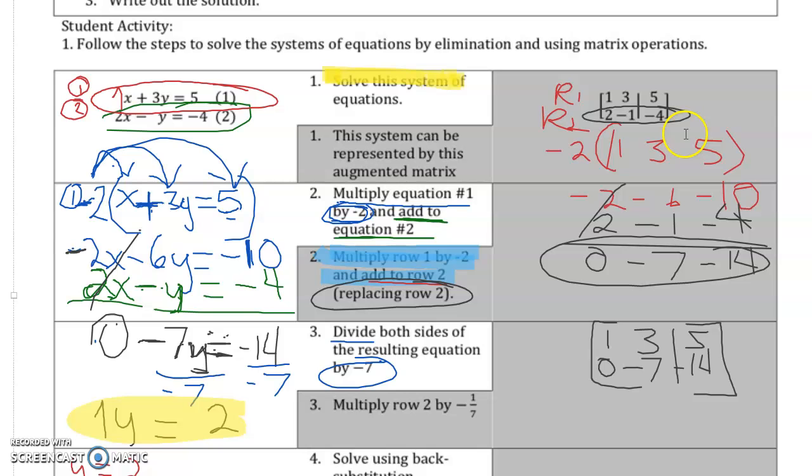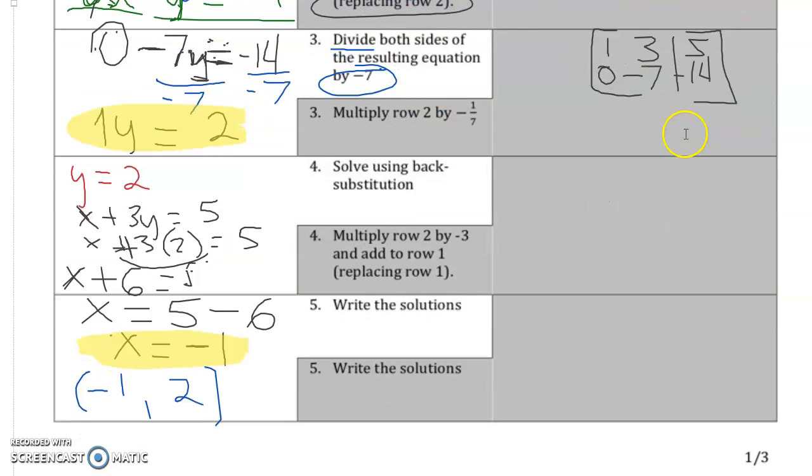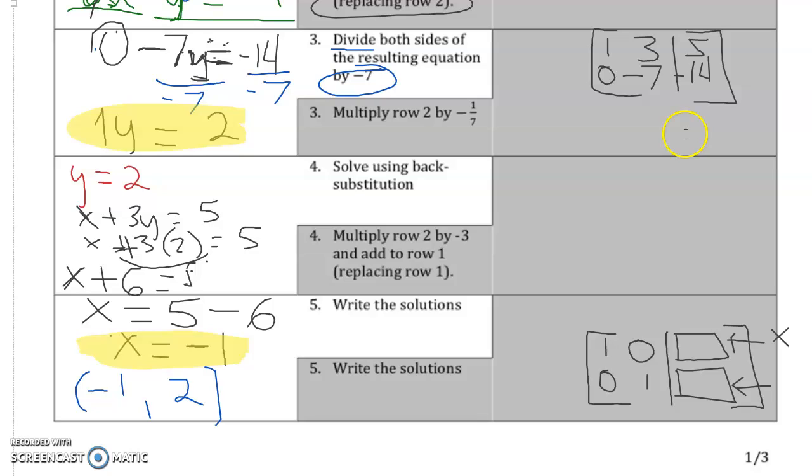Now, the goal for this matrix is that at the end, we will have something that looks like this: 1, 0, 0, 1, and then the constants that we have here, the numbers, those will be the solutions for x and for y. Particularly, this one will represent the solution for x, and this one here will represent the solution for y. So let's go ahead and keep working. I have a little less than a minute on this video, so let's just do the next step. And so the next step here, it says to multiply the second row, this new row, by